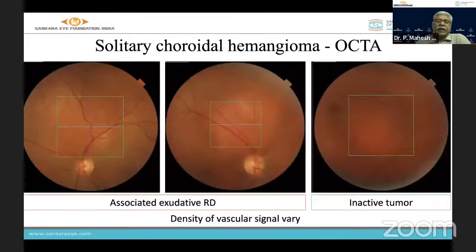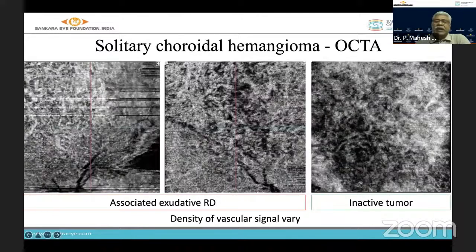and shows that the network of the tumor is distinct from the surrounding choroidal vasculature. And here we see 3 different tumors, and we found OCTA to be useful in predicting which tumor is likely to leak and which tumor may not leak. You can see these black areas. You see the signal void areas. When the signal void areas are more, then these tumors probably do not leak much. So that's what we found. So OCTA can be used to predict which tumor is going to leak and which you would probably want to